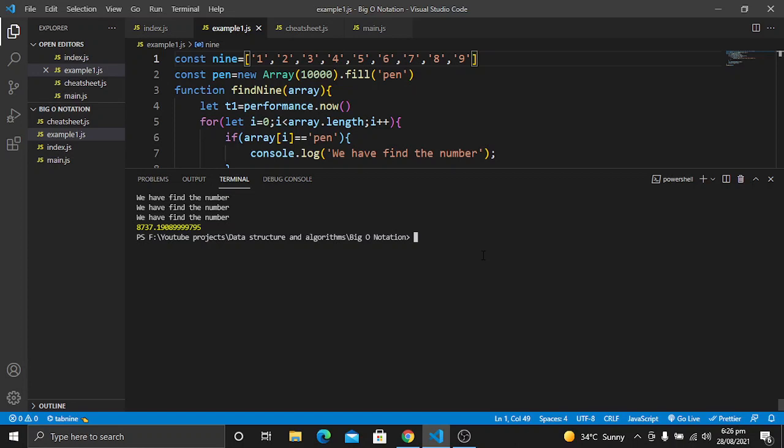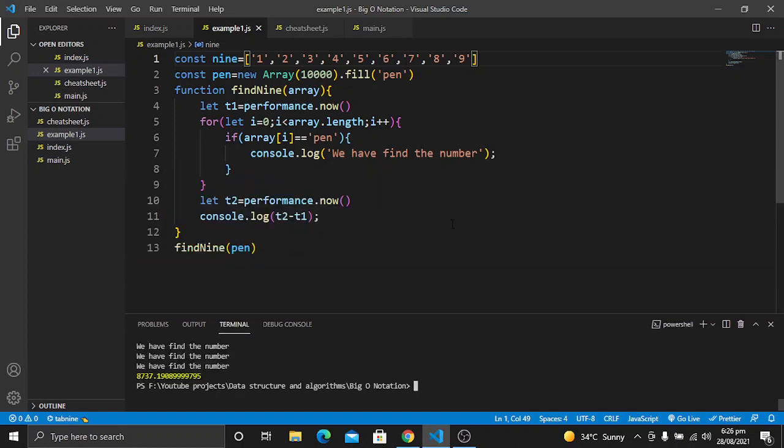So what is a good algorithm? If we have to perform fewer operations as our input grows, then it is a good algorithm. And if the number of operations increases with the input, then it is not a good algorithm, because we don't want to take a lot of time to run a function, or to run our application.